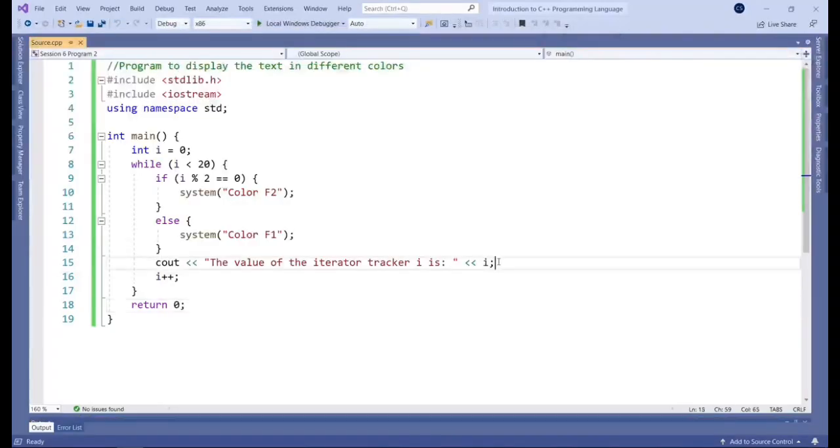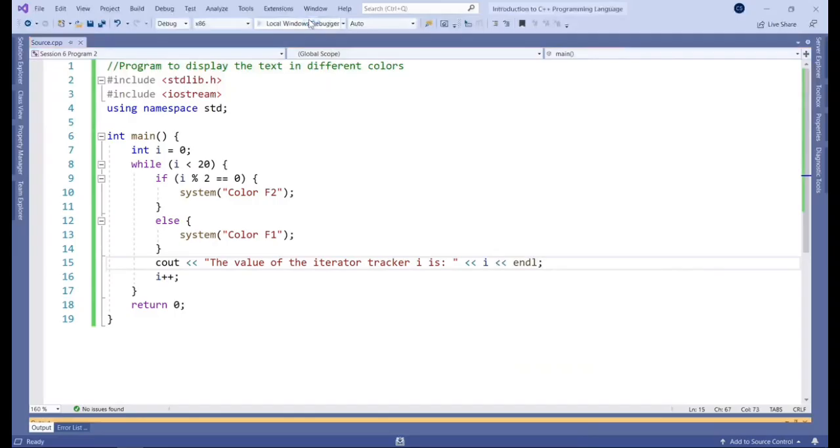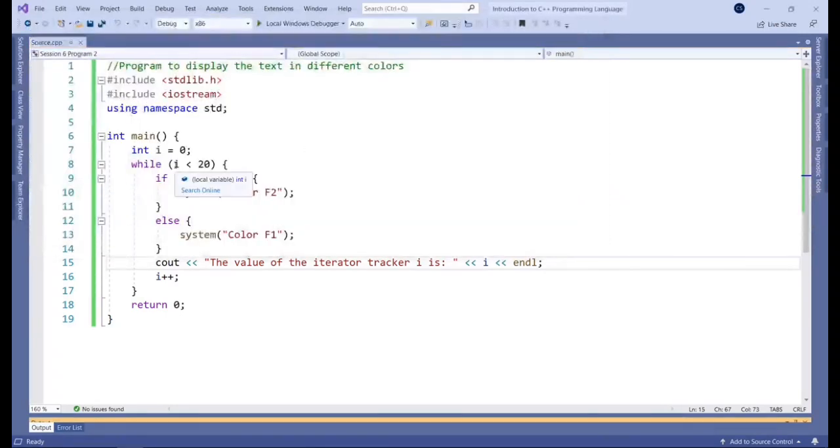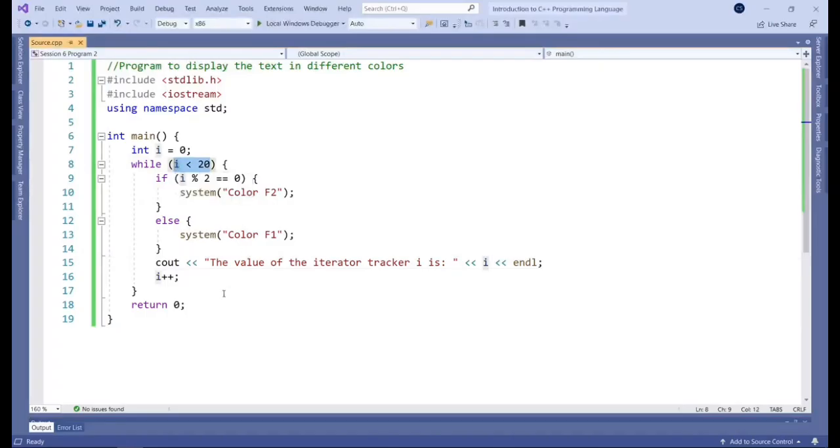Actually, let's add in a line break here. Maybe that'll be a bit easier. Just try that on your end. And there we go. So as you can see, it was switching the color every single time as it was going through that iteration. And it went 0, 1, 2, 3, right up until we got to 19. Because once it gets to 19, it's true, but then on the next iteration, it will actually go to 20, and it would evaluate, okay, 20 is actually not lower than 20, so that would be false.